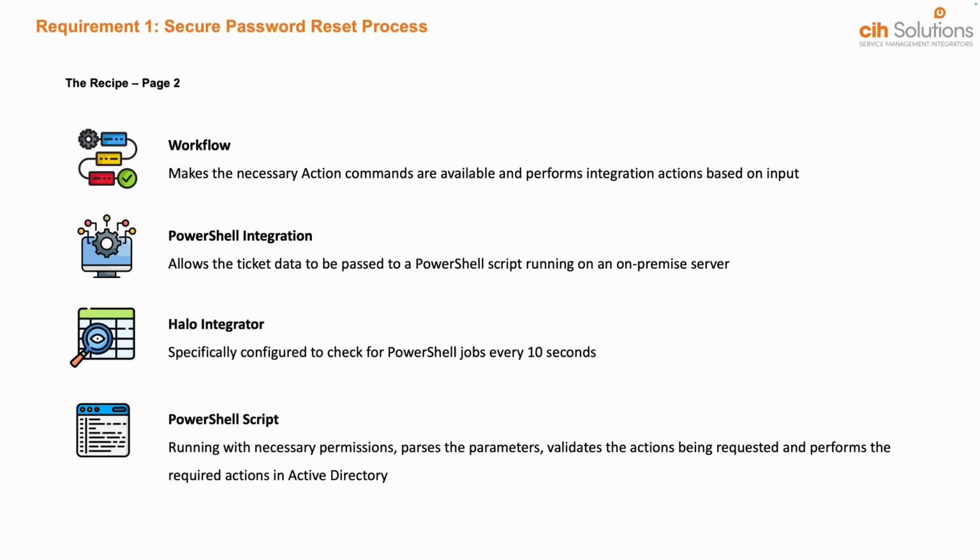This just passes the password reset request to a PowerShell script, and that runs on an on-premise server, which uses Halo Integrator. And that's been specifically configured to check for PowerShell jobs every 10 seconds. And that uses a combination of task scheduler and a separate PowerShell script which repeats those queries every 10 seconds for a minute, and then the task scheduler, after a minute, kicks in again and checks every 10 seconds for the next minute. And that really just works around the limitation of task scheduler, which only allows you to repeat a job once